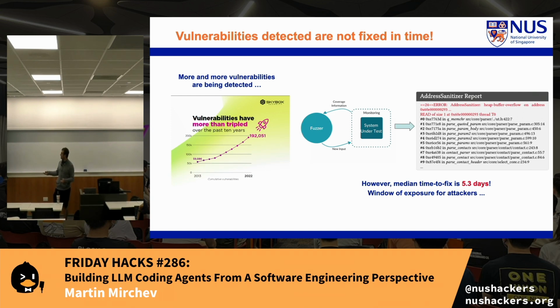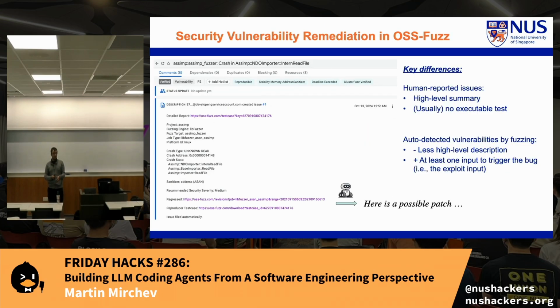So the thing is, generally, these issues, as mentioned, are in a whole different class because of the way they're described. Generally, you would commonly see just a report saying there's a heap buffer overflow. Somebody did a write at this location. That's how much it can give you. So we were thinking, okay, this is very problematic. Developers need to spend a lot of time. So why not create an agent that can solve these issues? We already had the AutoCodeRover agent, so the next step would be really enhancing it so that it can properly solve these vulnerabilities, specifically in OSS Fuzz.